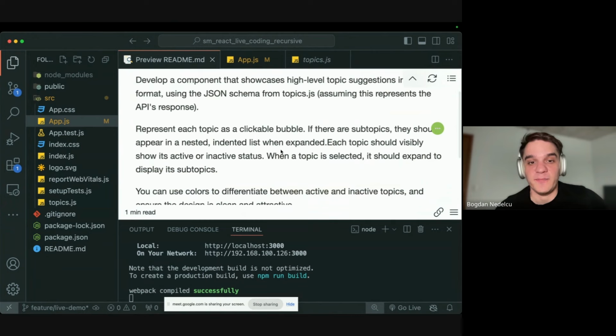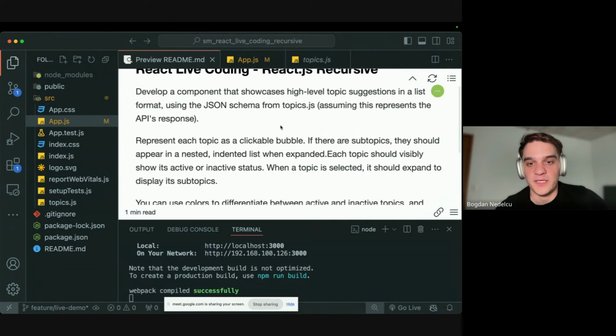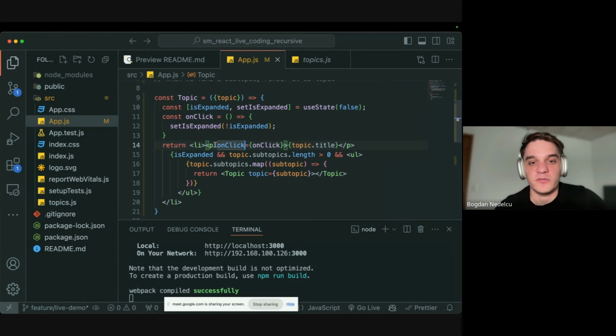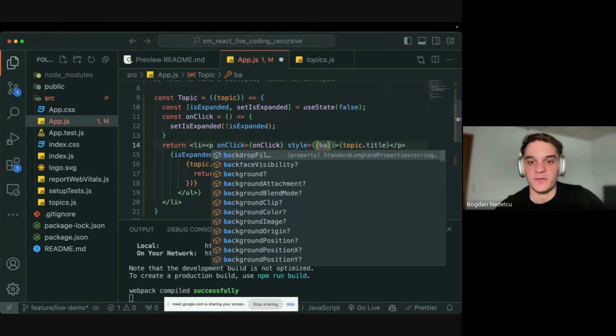Now, before you finish, before you move on, you always want to make sure you check the requirements again. They mentioned that each topic should visibly show its active or inactive status. I think they were referring to this property enabled. So we could actually make some sort of conditional rendering, basically add some styles and say that this P should be of a different color if it's not enabled. So let's set the background color. So the background color